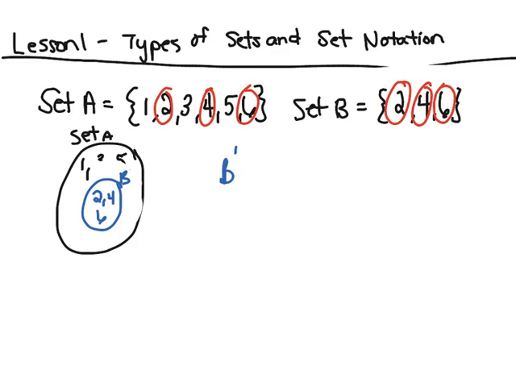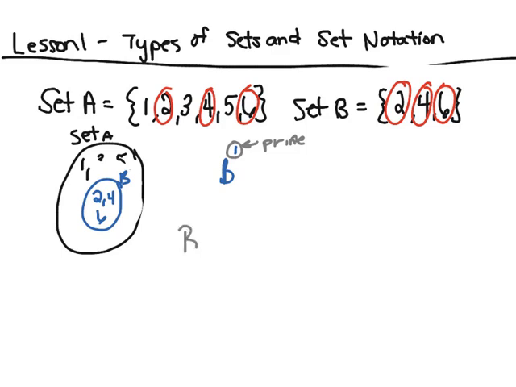When we have this little apostrophe right here, this is called prime. So what B prime means is it's a complement. And so the complement of something is everything that it's not. So think about if you have all of the numbers together,